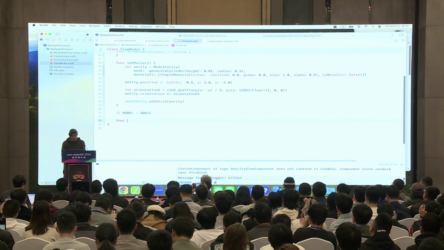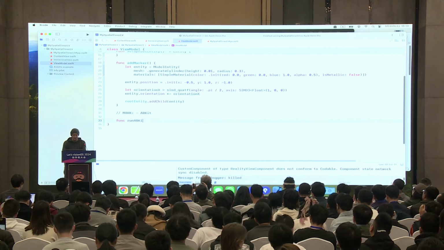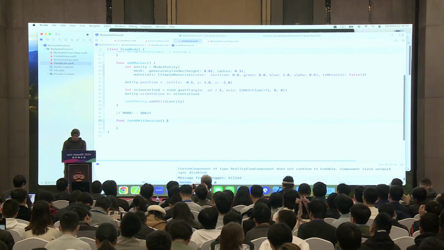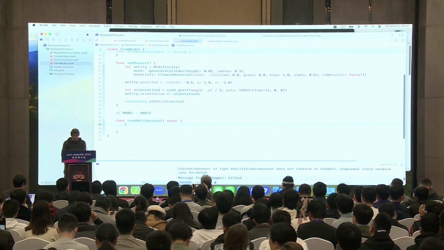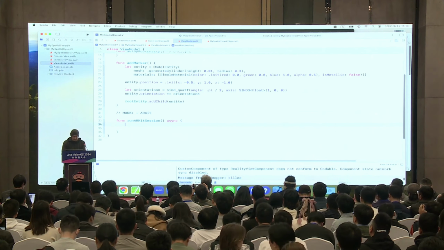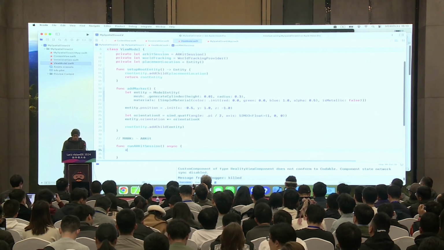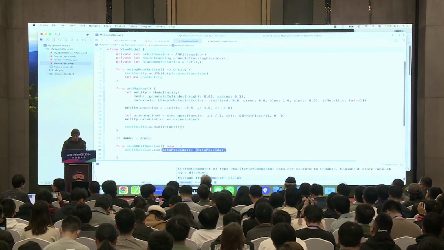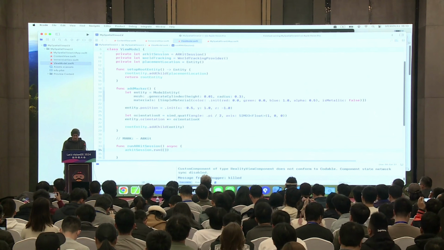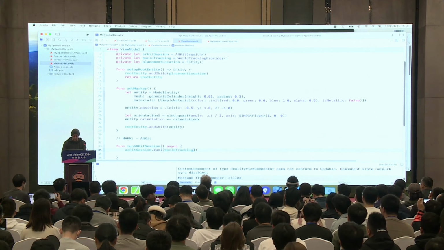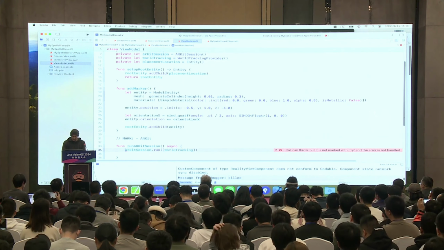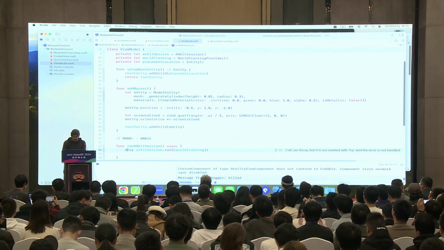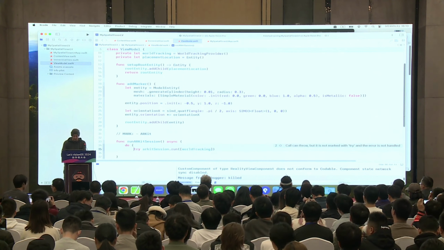So, run ARKit session should be async. This one has to session run with world tracking, and should be try, and I need to do things.